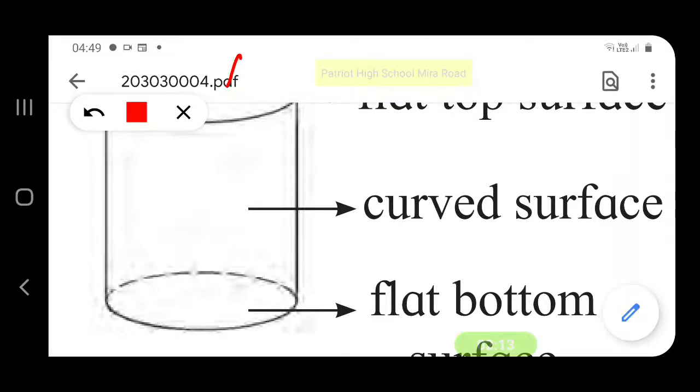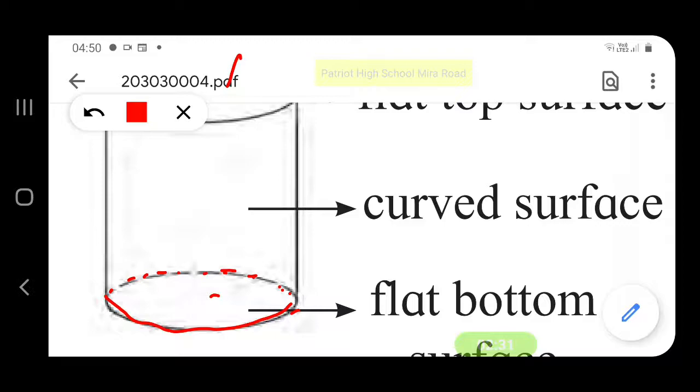This is the bottom surface, flat bottom. This edge is not visible. This dotted portion is not visible because it is behind. The front edge is visible.